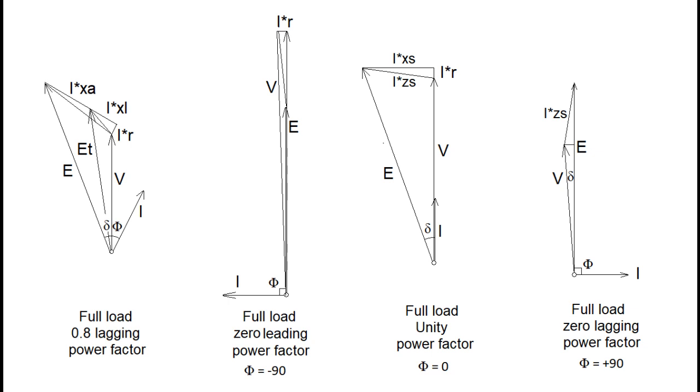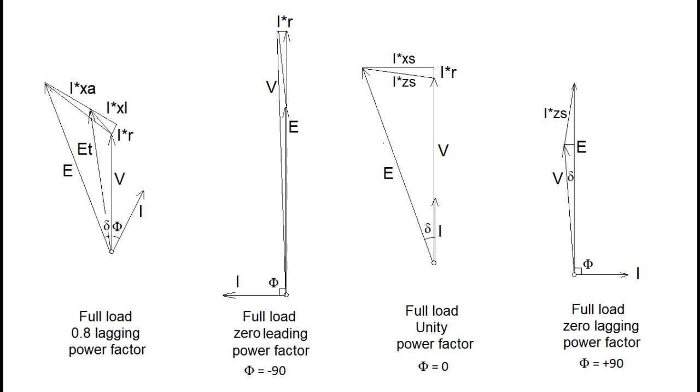Now consider the phasor diagram shown at second position. This phasor diagram is one extreme case with 0 leading power factor. It could be seen from the phasor diagram that the armature reaction drop, instead of getting deducted from induced EMF E, is added to E to raise the terminal voltage beyond E. This phenomenon may be understood as a magnetizing armature reaction instead of a demagnetizing armature reaction. Other voltage drop positions are as per earlier explanation, that is, resistance drop is in phase and reactance drop is in phase quadrature with load current.